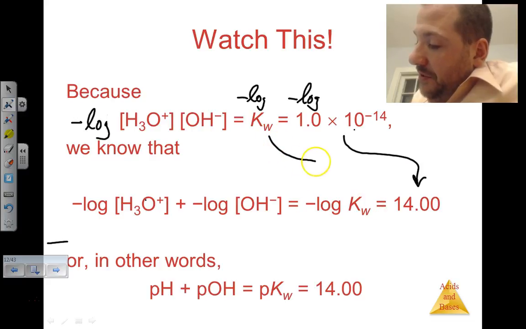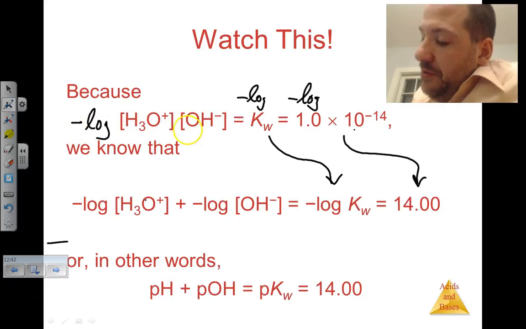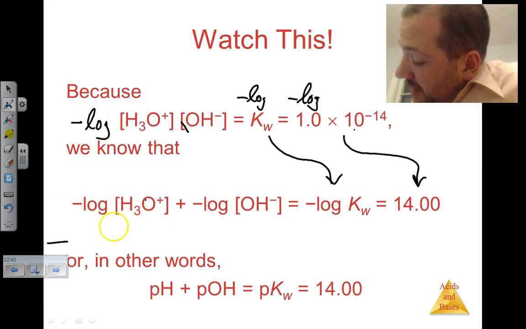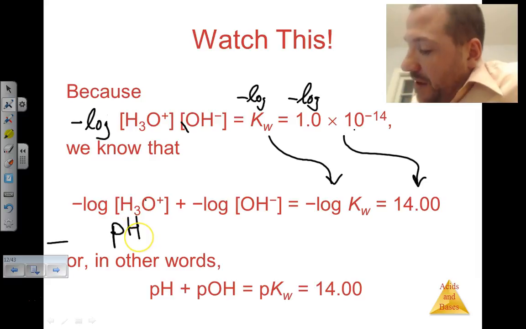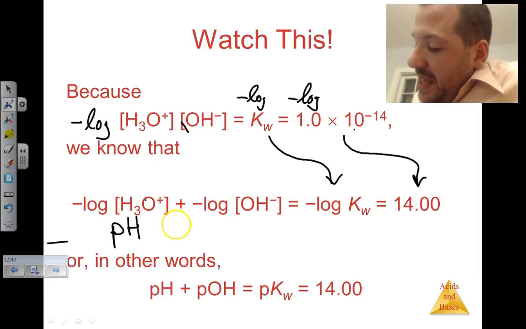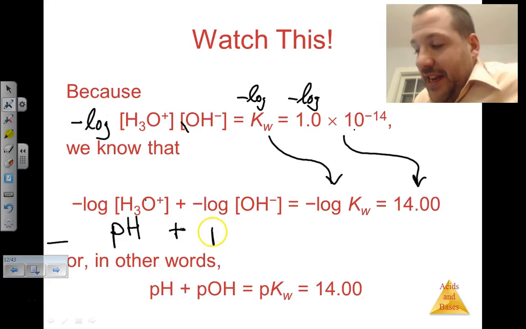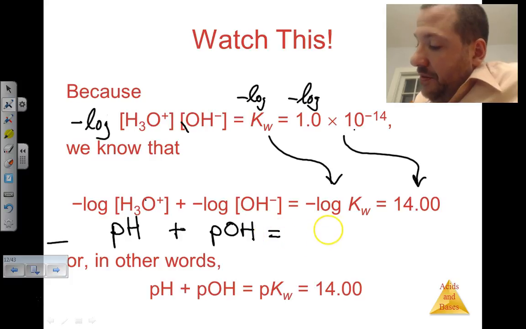The negative log of Kw is this. Remember, when we take the negative log of two terms that are multiplied together, you add the two terms separately. So the negative log of the hydronium ion, isn't that just a fancy way of saying pH? And the negative log of hydroxide ion, that's a fancy way of saying pOH, equals, well, the negative log of Kw is equal to